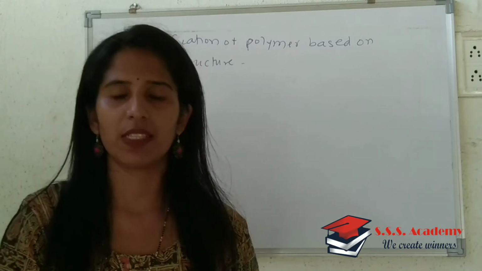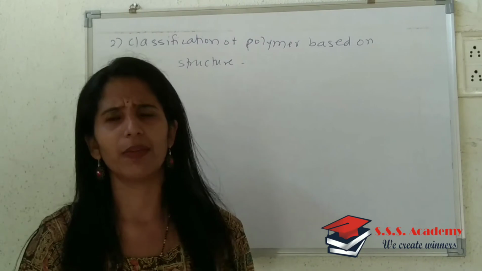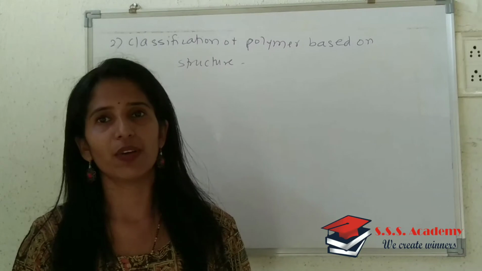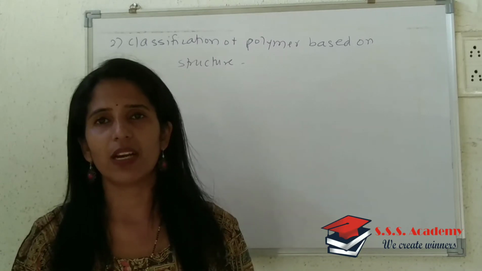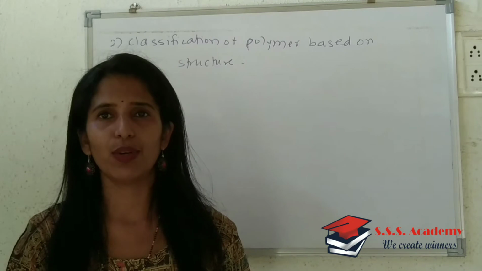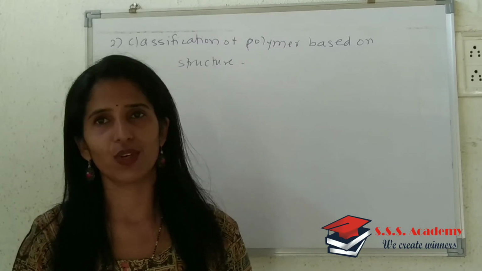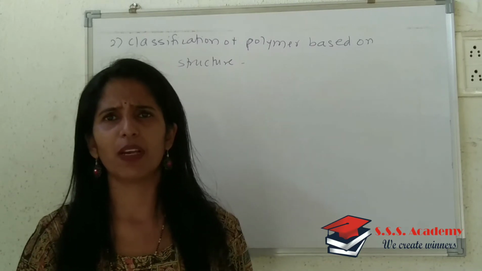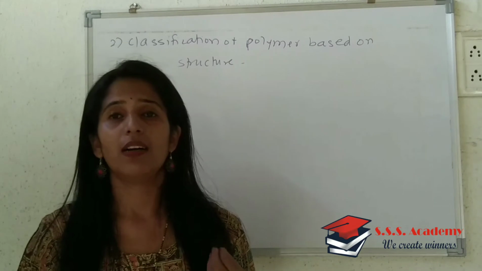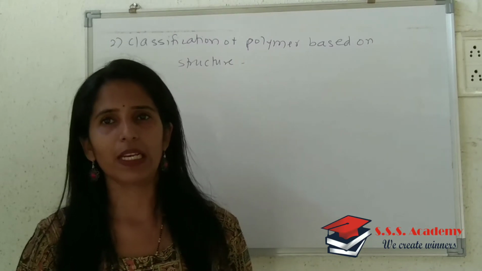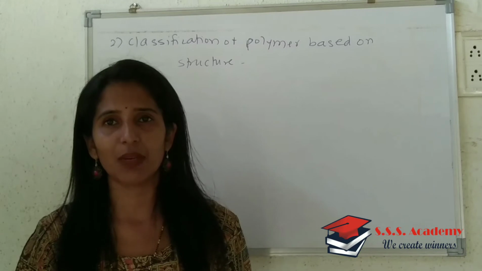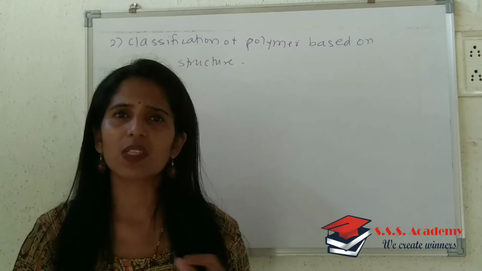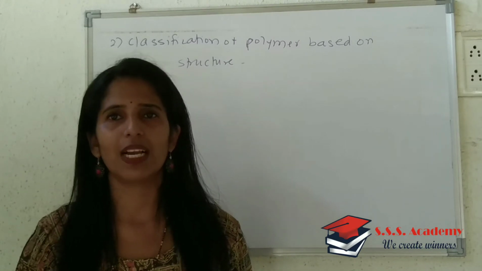In the last lecture we started with the polymer topic, where we saw a little bit of introduction regarding polymers, their history and scientific contribution, and then we started with the classification basis. As I have told you earlier, there are so many bases for the classification of polymers: source, type of polymers, polymerization reaction, type of monomers involved, biodegradability, and molecular forces existing between the polymeric chains. So there are many ways by which polymers can be classified, and we started with one basis, that is nothing but source.